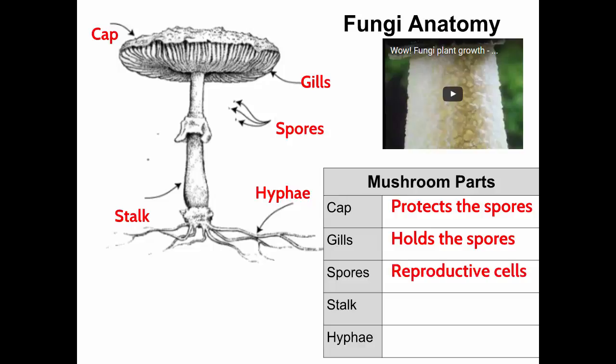Those spores are the reproductive cells. They will float around and blow through the wind, land in a hospitable place, and start to grow into a new organism, a new mushroom. So is a mushroom asexual reproduction? They can reproduce asexually in that budding process, but the production of those spores is a sexual reproduction process, so they're sexual reproduction.